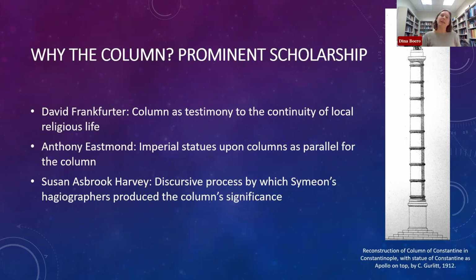So this is a foundational article for current approaches to hagiography in the literary turn. And it fruitfully shows how the meaning of the column changed over time. And so for a long time, when people would ask me what I think the column means, I would kind of punt it and follow Professor Harvey's lead and say, well, we really don't have